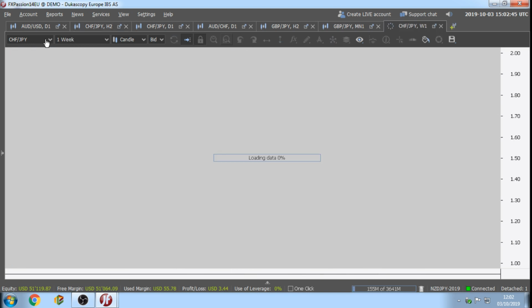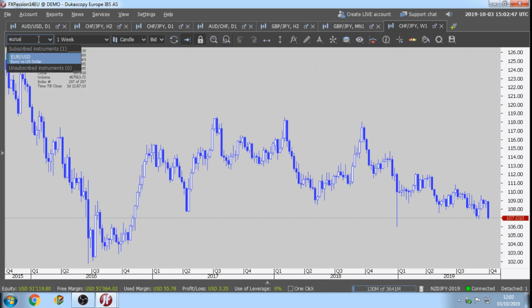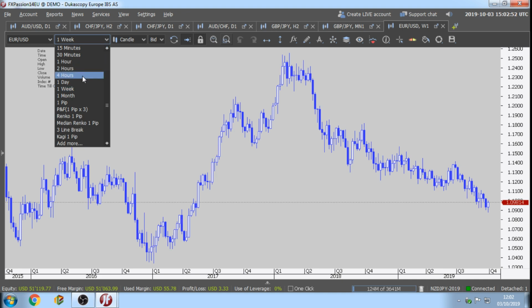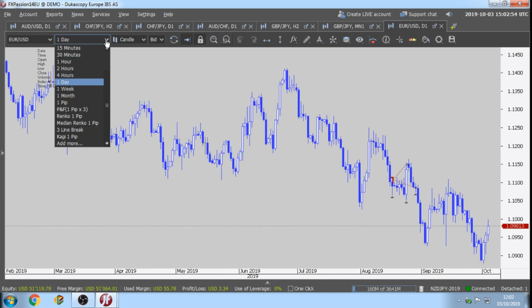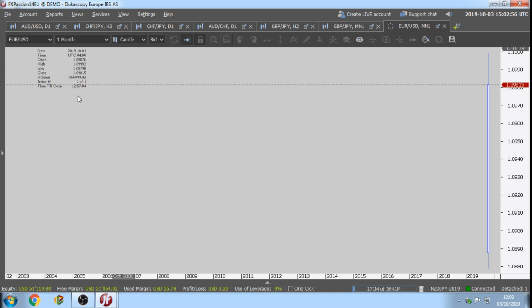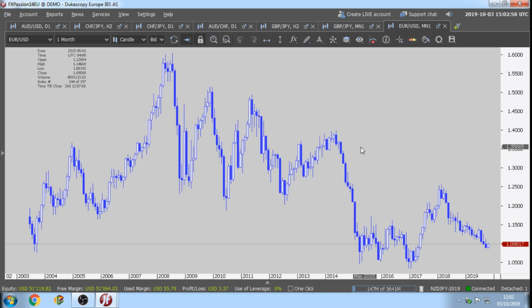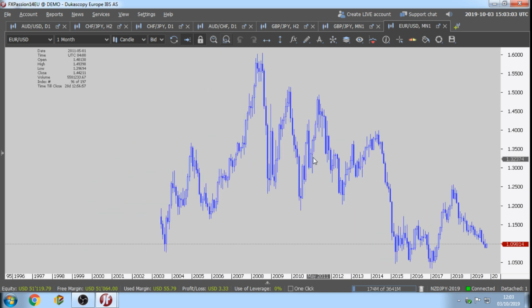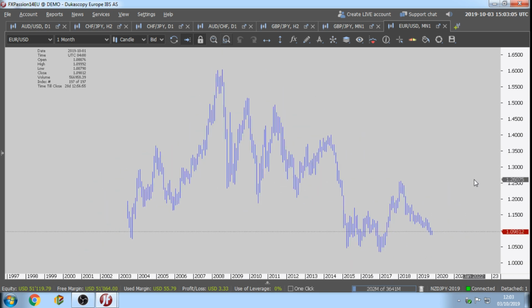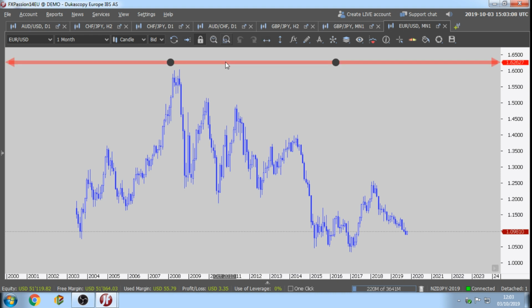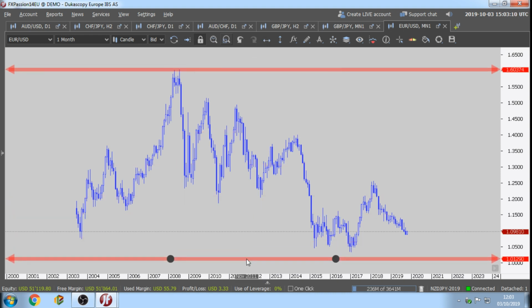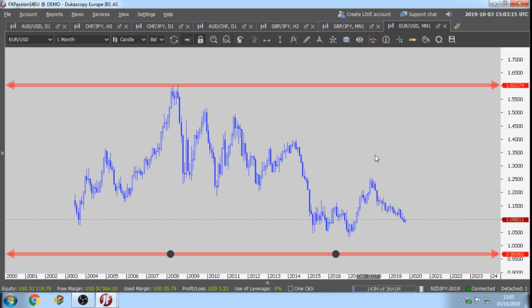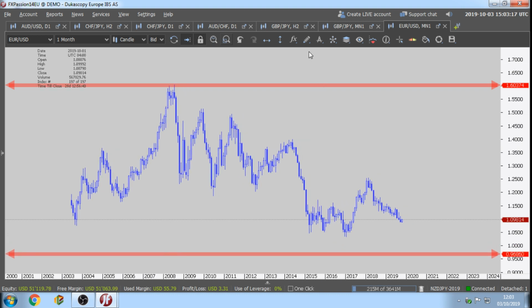So Silas is asking about the Euro-USD. Euro-USD daily chart first, right? Now the monthly chart first. Euro-dollar, should you be buying? Should you be selling? Well, let's see. I believe this is not the lowest point. This is the upper band. The lower band is going to be somewhere down here. I don't remember the numbers. Okay. Congratulations, Miguel.